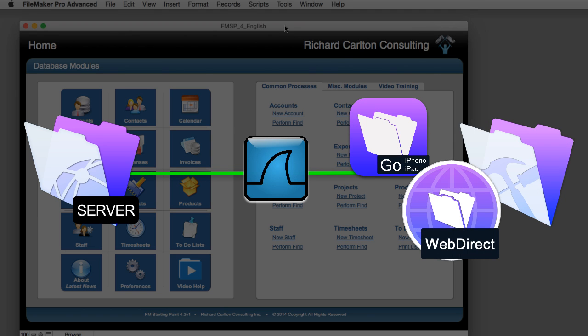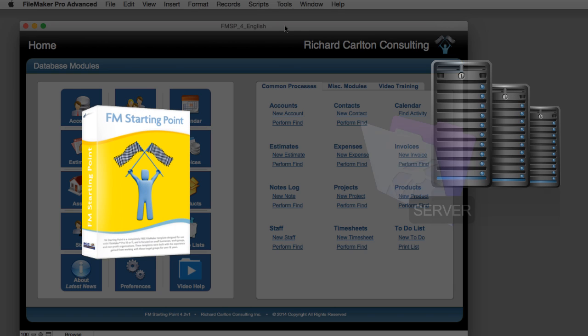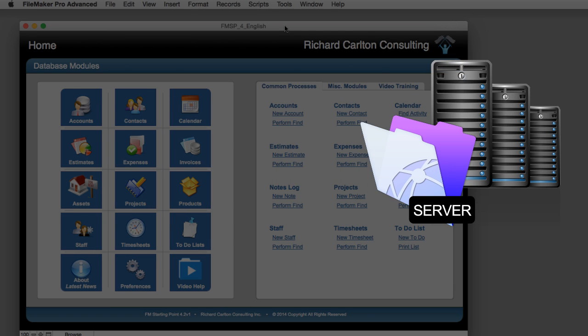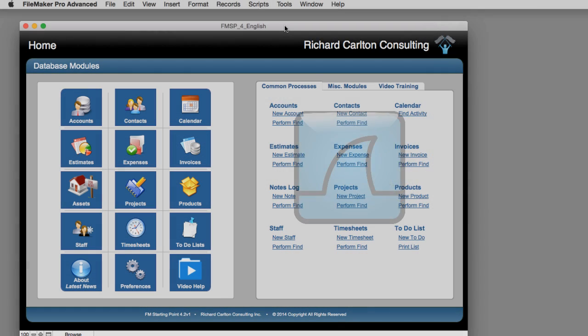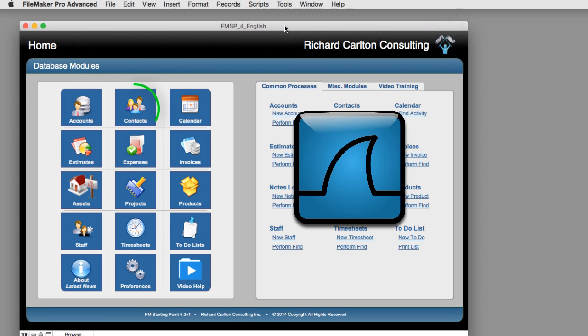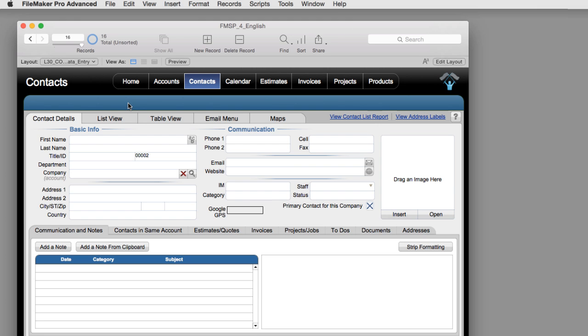case WebDirect. Now I have a copy of FM Starting Point that I have put up on my FileMaker 14 server. And I've gone ahead and logged on to FM Starting Point with my copy of Pro 14. We're going to use Wireshark and measure the bandwidth from the main menu right here to the contacts data entry screen right here. I'm going to press the button right here that allows me to jump to contacts and create a new record. So first off, I'm on a layout here,